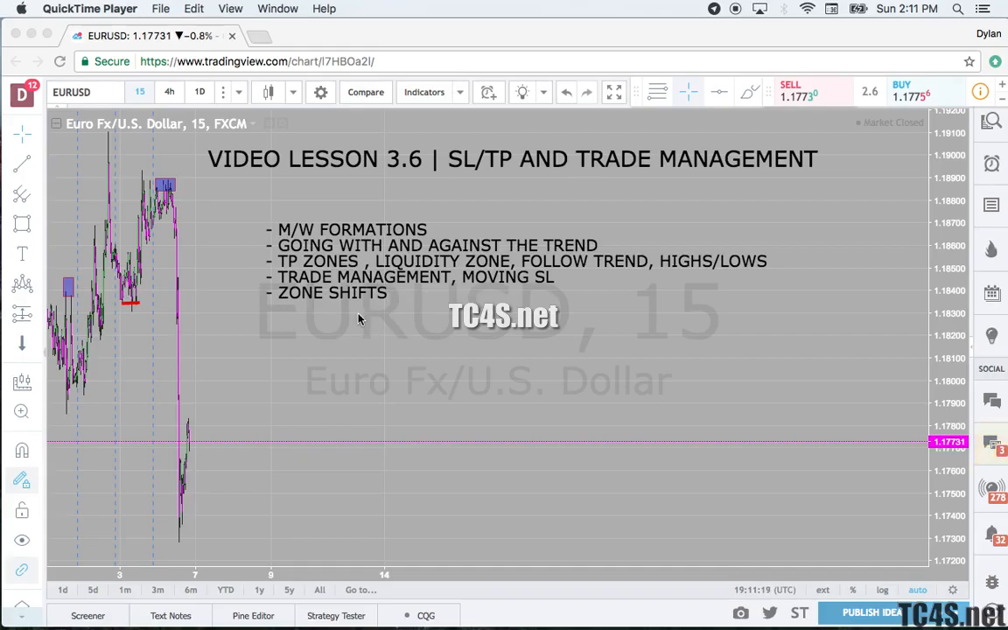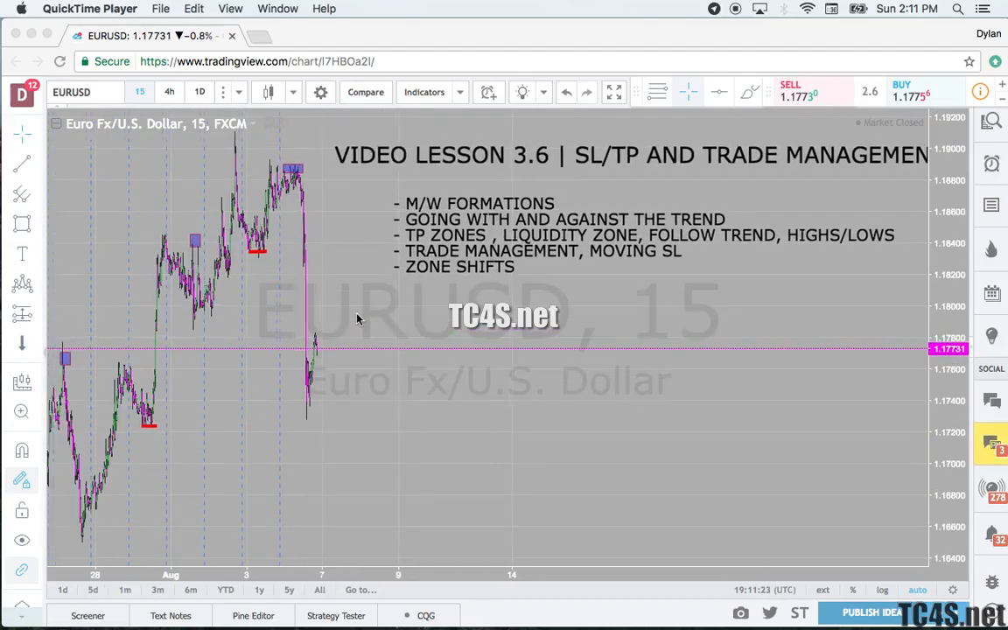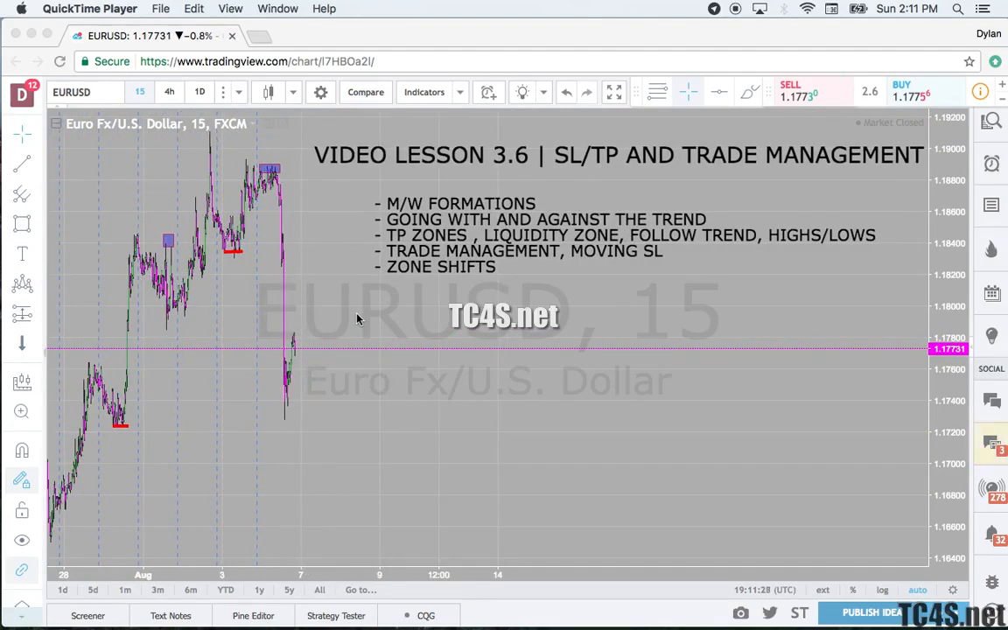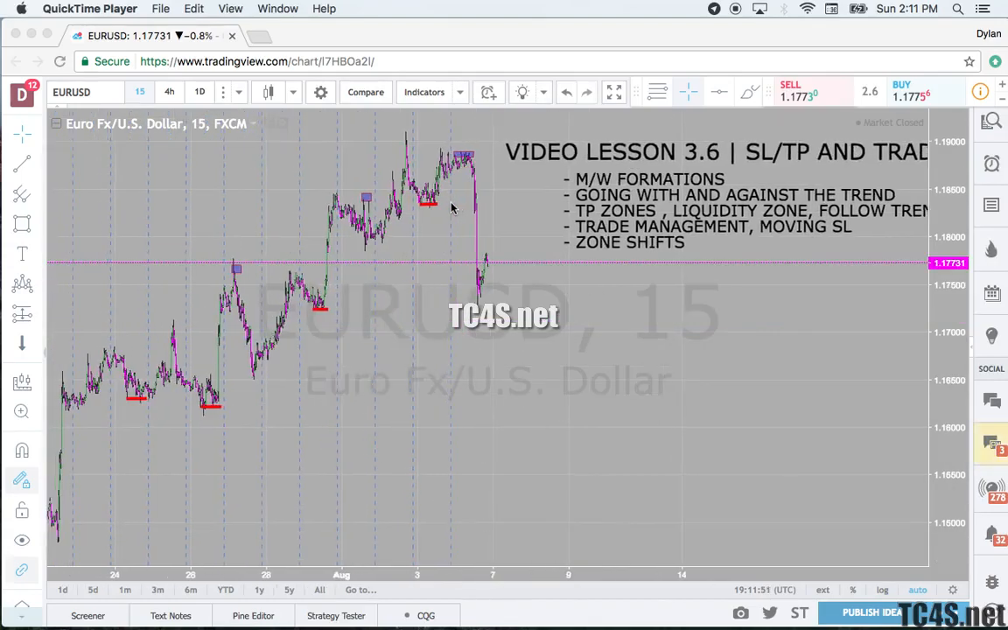Zone shifts: in the zone, when price quickly moves out of the high or low range that it was working in and shifts price out of that zone. Once that happens, you should be safe to move your trade to break even. So, moving forward,